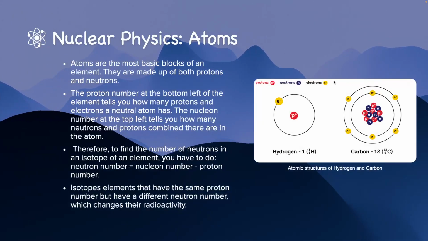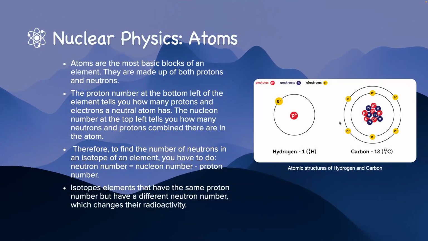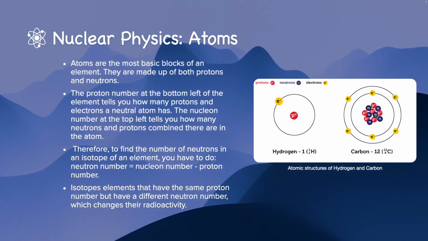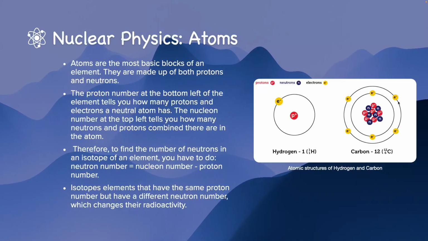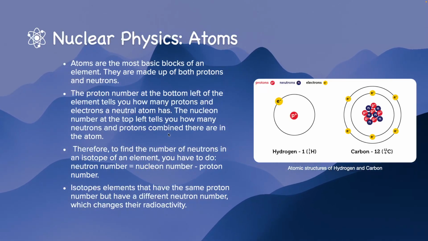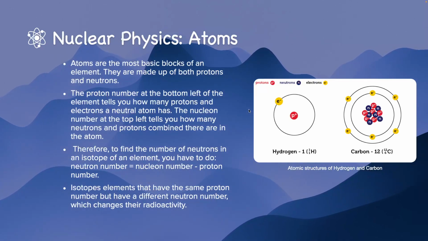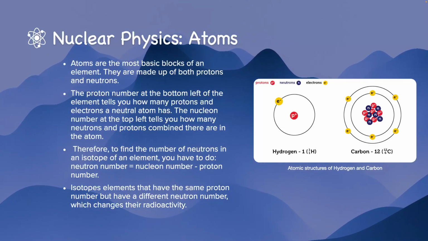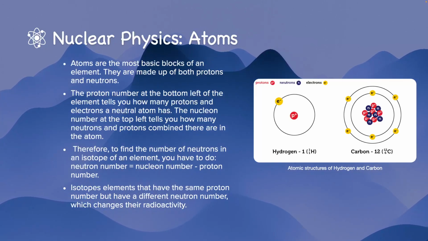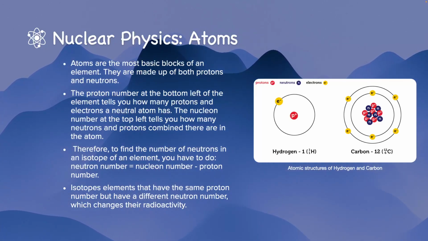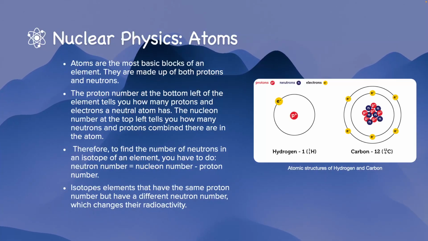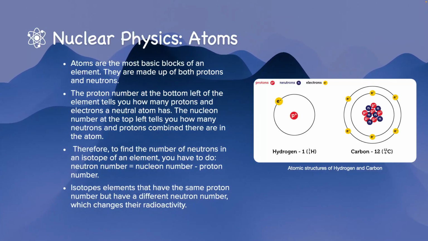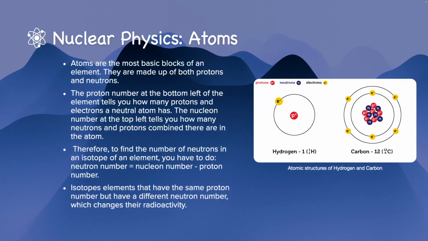So here's the basic structure of an atom that you have to know, even in physics, apart from chemistry. You have protons and neutrons in your nucleus, and you have electrons orbiting this nucleus. The proton number is at the bottom left of the element symbol. That tells you how many protons and electrons a neutral atom has. The nucleon number is the one that you find on top of any element in the periodic table. It tells you how many neutrons and protons combined there are in the atom. To find the number of neutrons, you have to subtract the proton number from the nucleon number. That gives you the number of